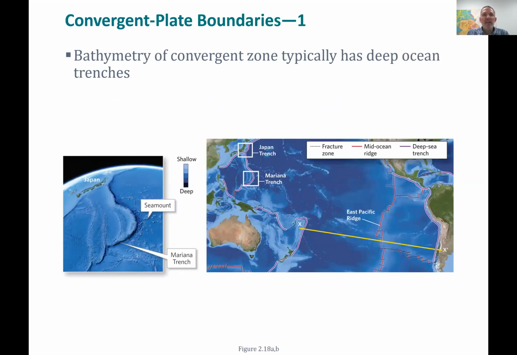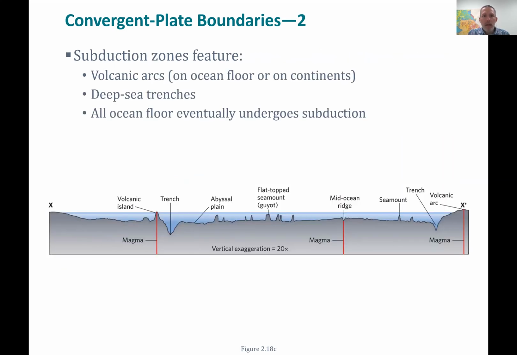Now, when we get to the convergent plate boundaries, we really have to focus on the type of material that is coming together. And so whenever we have an ocean plate that's being subducted, it's going to create a couple of different things, most notably a deep trench where the cool, older, more dense ocean crust is getting subducted underneath